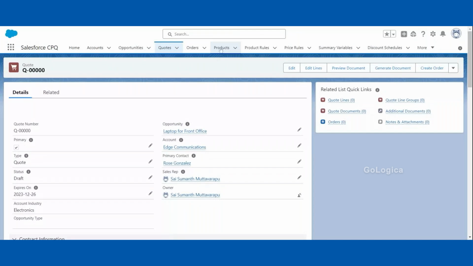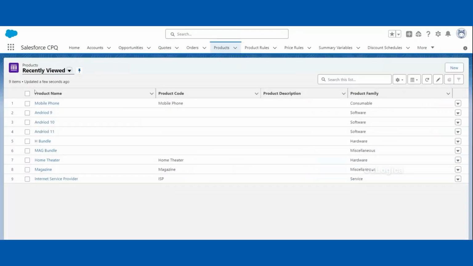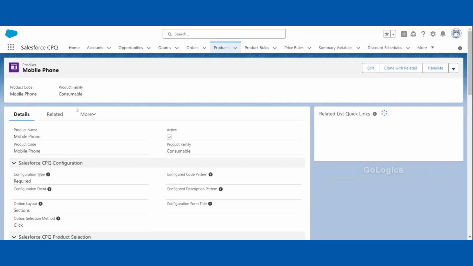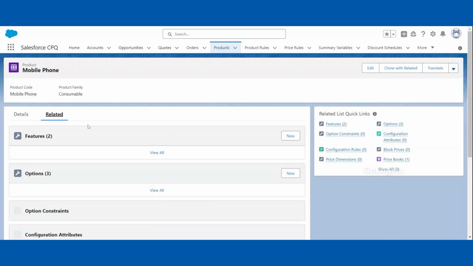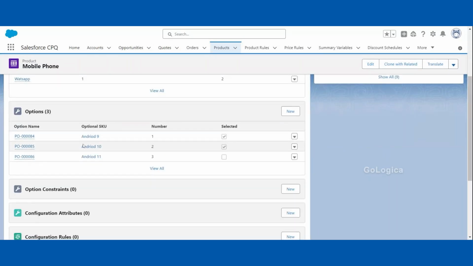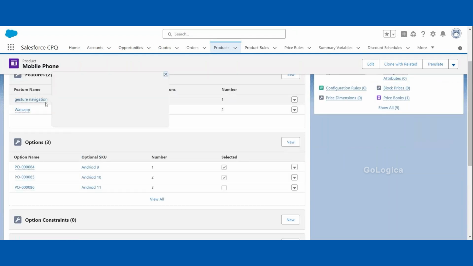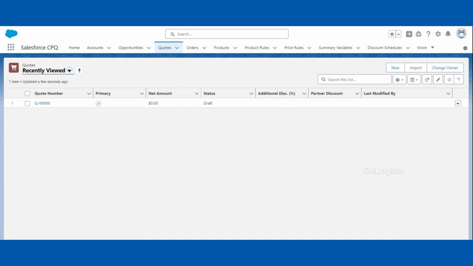Yeah, this is a product I created as a mobile phone. And these are the options I gave: Android 9, 10, and 11. And these are the features in gesture navigation. I just gave these three gesture navigation features. And in WhatsApp, it's blank, and I didn't add anything in the WhatsApp. So when I go to the code,